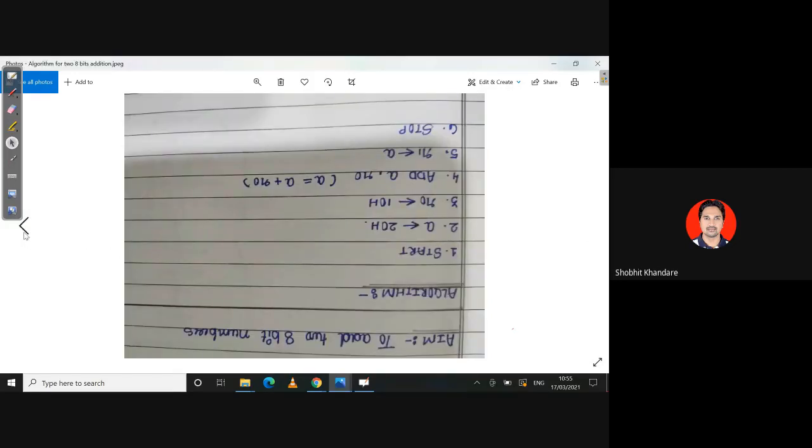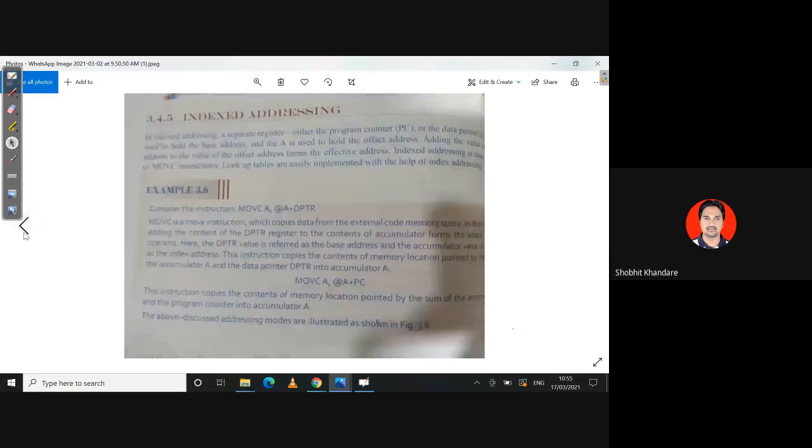Okay, write down for relative addressing. Please write down. Relative addressing is used only with conditional jump instruction.